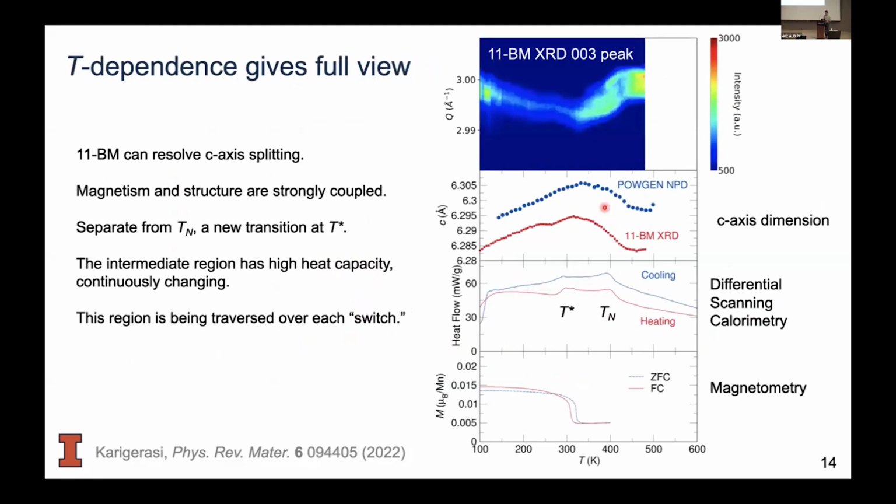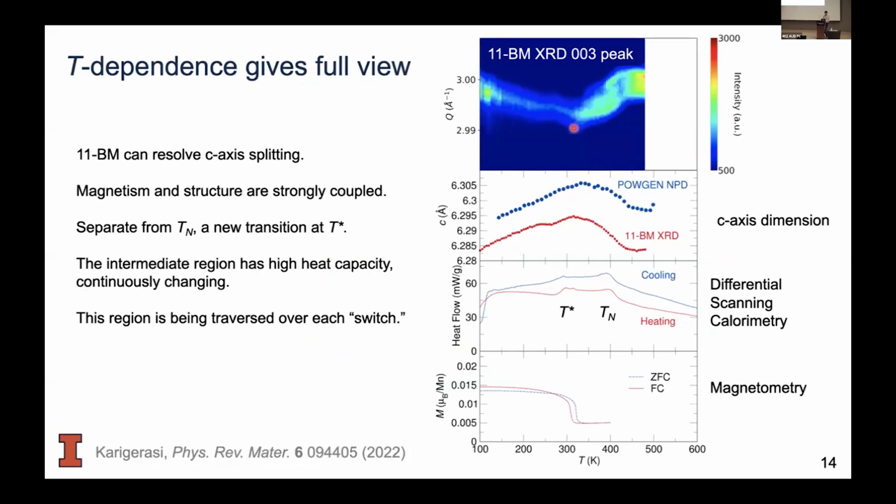And so we wanted to see what this looks like when it evolves. And the most important thing that you can see is the 11 BM data. So we had this high resolution data. The next thing we wanted to do was take it to higher temperature. And so we start at low temperature at 100K,